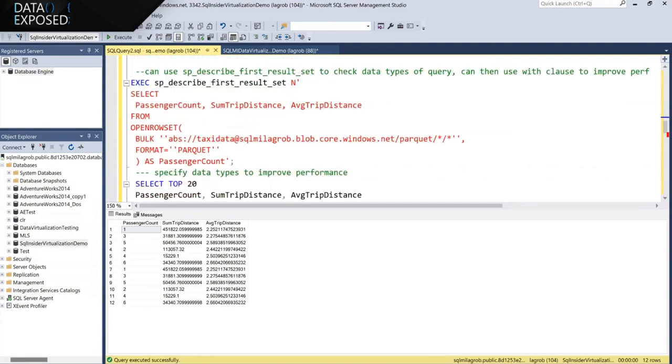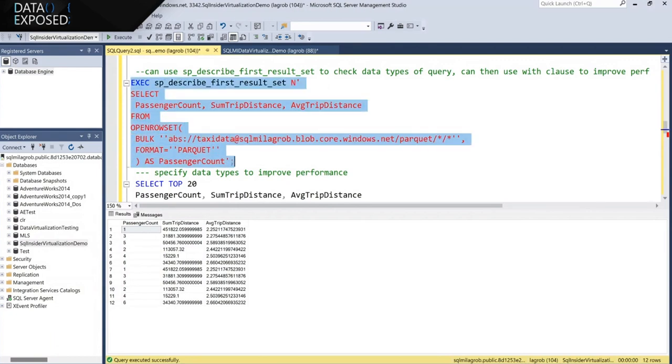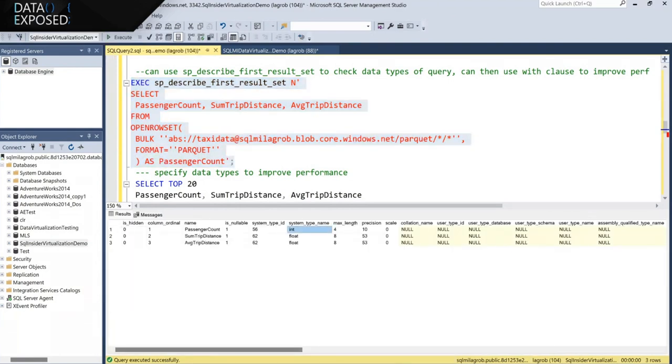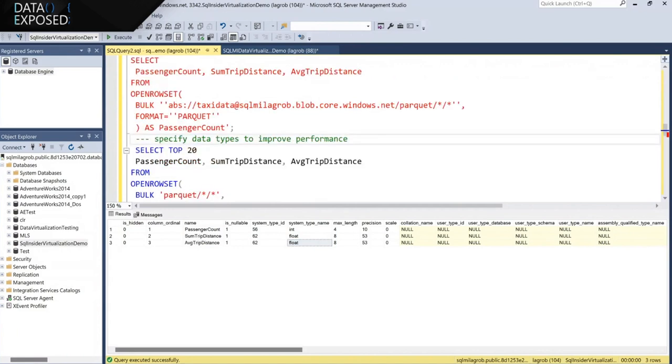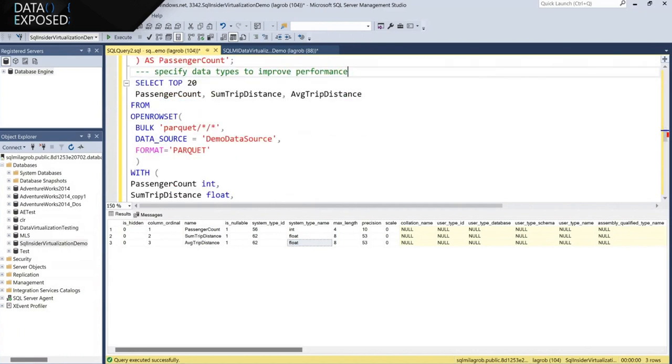Another cool thing that you can do, if you run into it sometimes when I may have a lot of data out there, and maybe with Parquet, it will infer the schema. With CSV, it does not, and you have to tell it. But maybe I don't like what it inferred, right? So I can actually go in and use sp_describe against it to see what the data types are, the system types that it would specify. And if I don't like that, like sometimes you might see where it does an nvarchar, and it might say 8,000 or something, and that's not going to be accurate. Maybe it's only going to be 50. You could come in and you could change that.